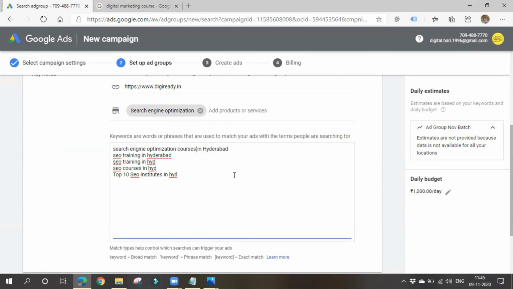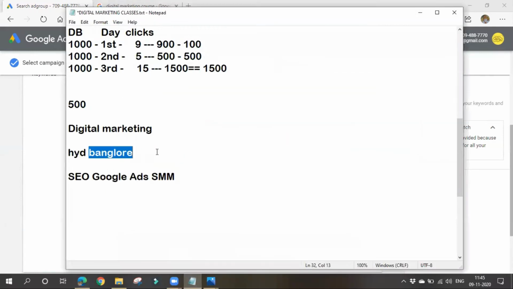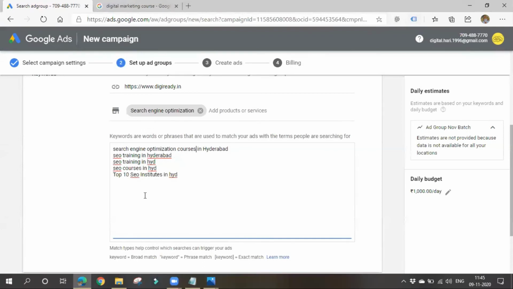sometimes, if someone searches from a Hyderabad location, your ad will display in a wrong way. So your keyword should be apt. Always go for another campaign if you are choosing two different locations. For one location you choose one campaign, and for the other location you choose another campaign, as we saw in the Google Ads account structure. The keywords may clash, and even Google will get confused about which one to show. So please give proper keywords.